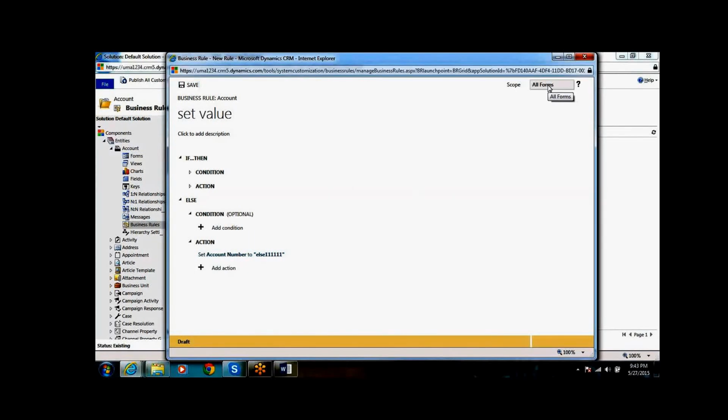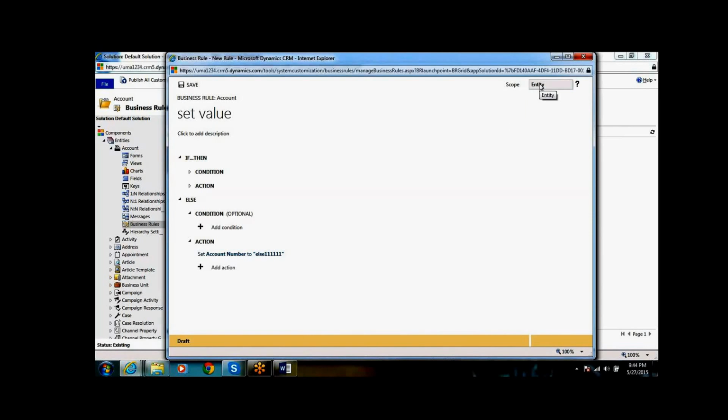Once you save, it is saved. Now on top we can see the business rule scope. This business rule can be applicable for all the forms, or only for a particular form, whichever form you want, or we can select the entity level. If you select the entity level, it will execute on the server side also.